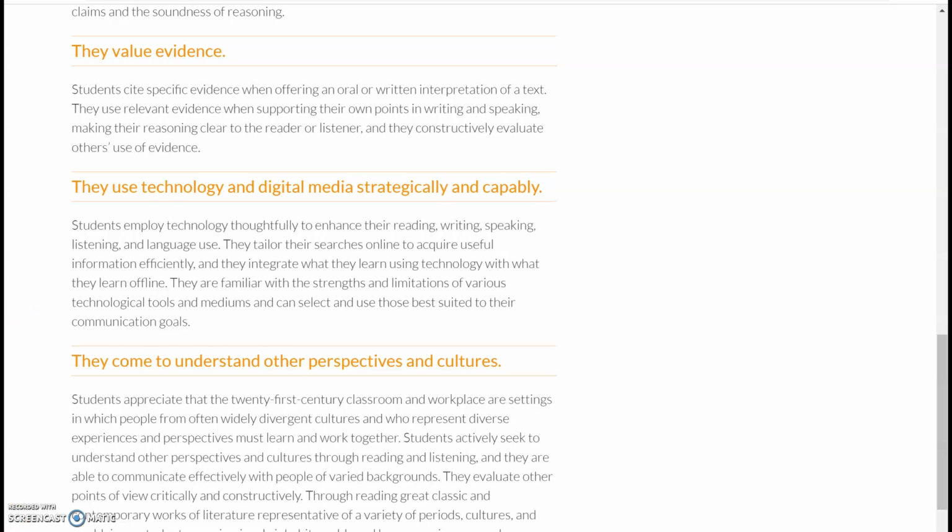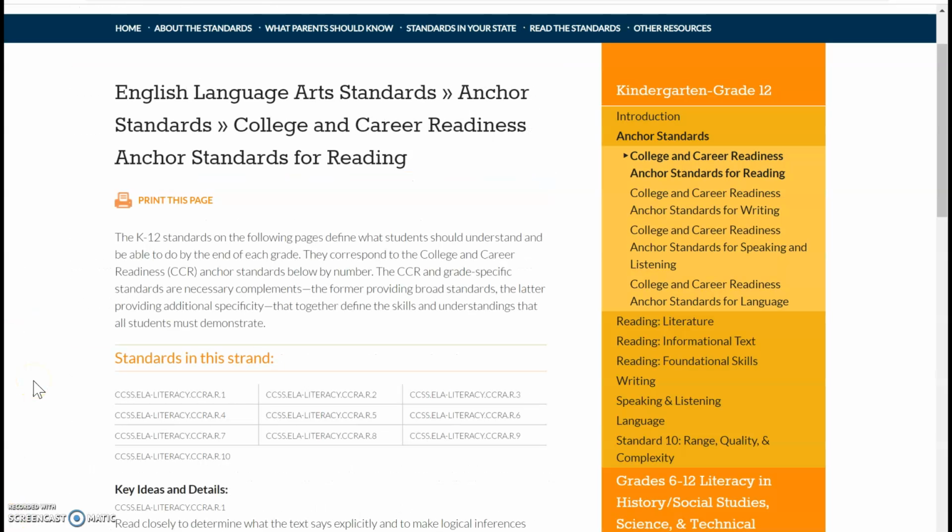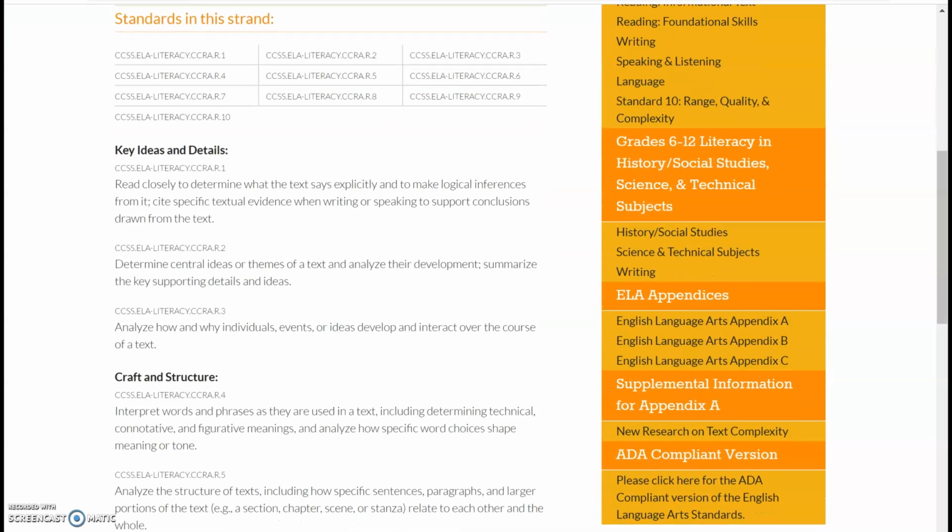So now we have the anchor standards, and I think anchor standards in general are interesting. It's a set of goals that no matter what age you are, you're expected to meet. Things are just kind of different based off of that. So no matter what age you are, you're basically expected in reading, so this is the reading tab, to be able to understand a text and its arguments, as well as find evidence from that to defend what you think their argument is.